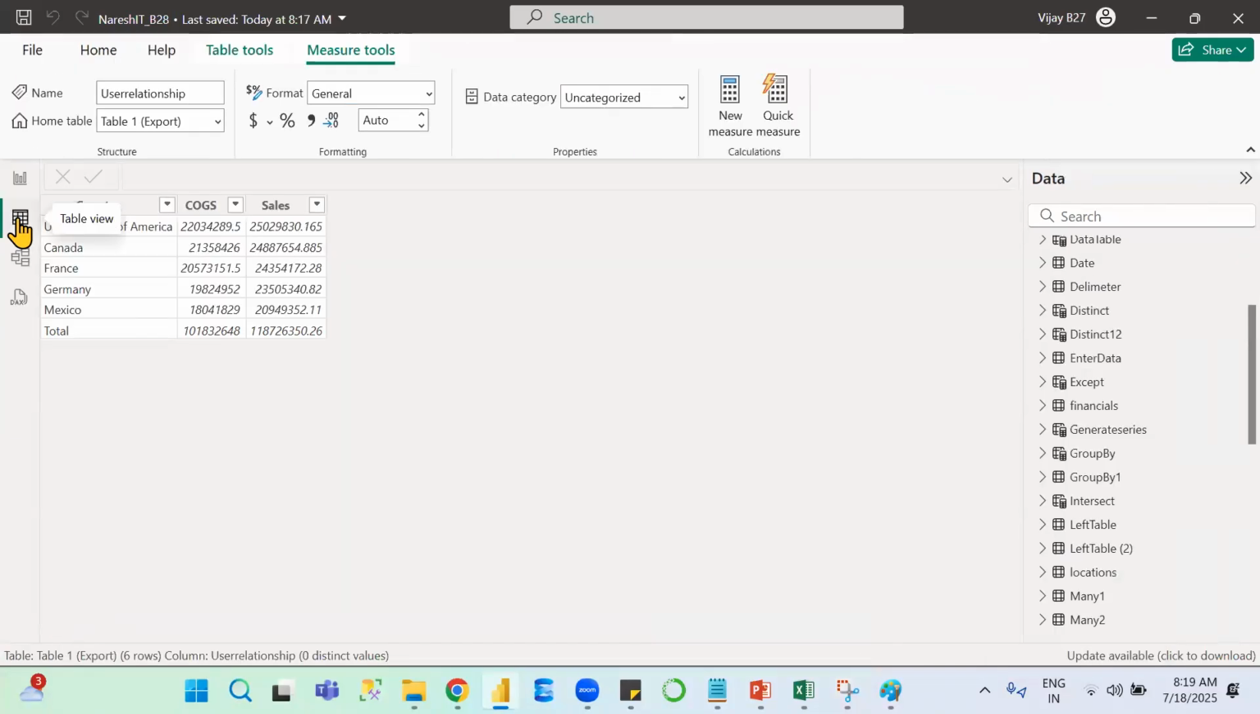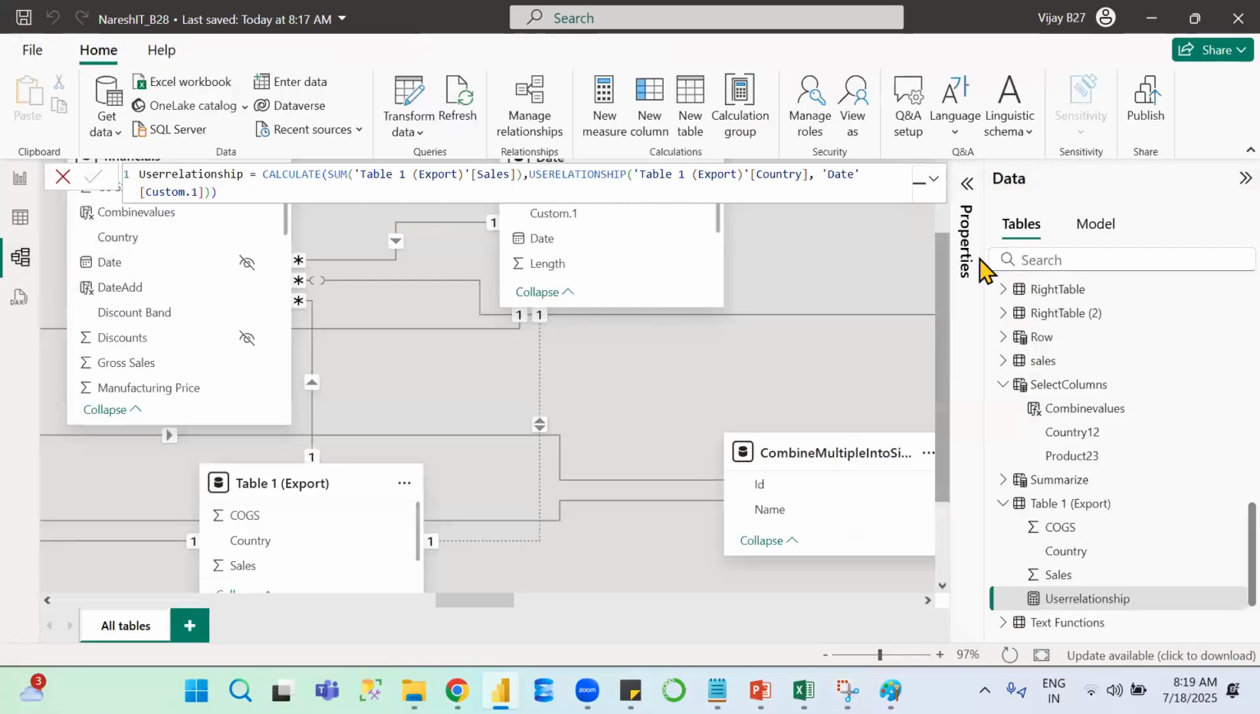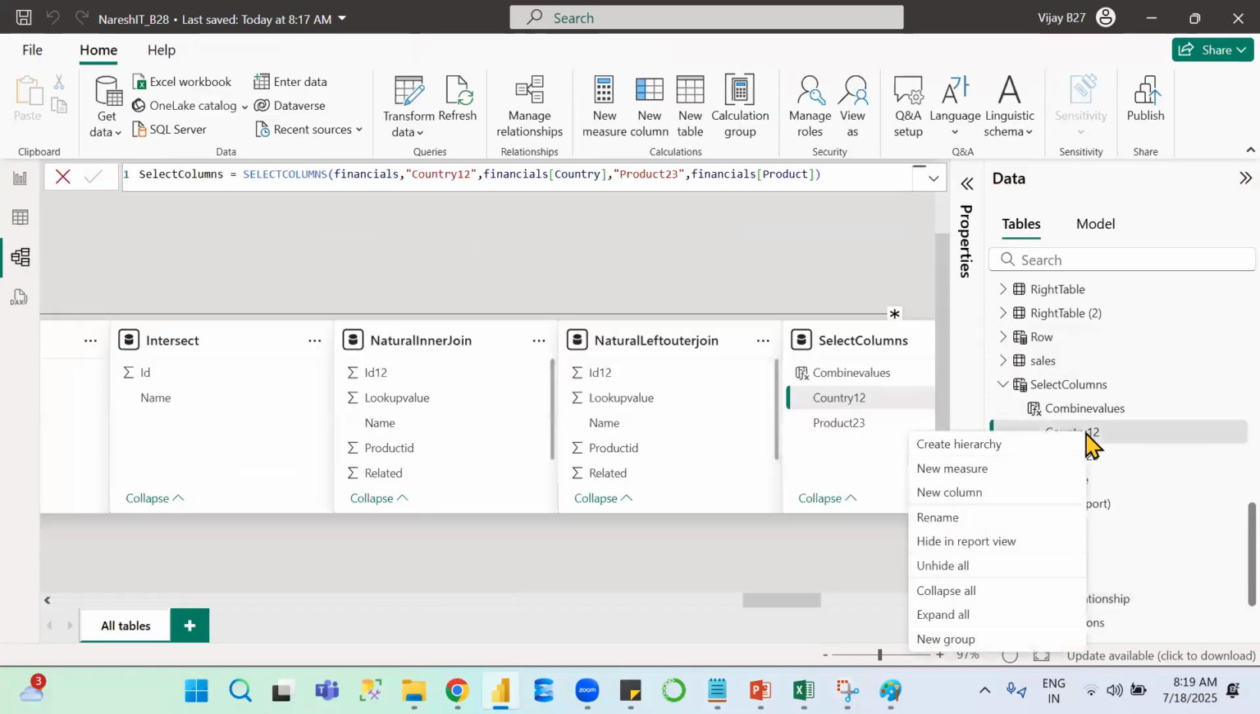Next, if you go to the table view, here also it is the same thing. Under the data tab, right click on the column and click on Delete from model. Same option. Even in model view also, under the data tab, whichever column you want to delete, right click on that particular column. You will see an option called